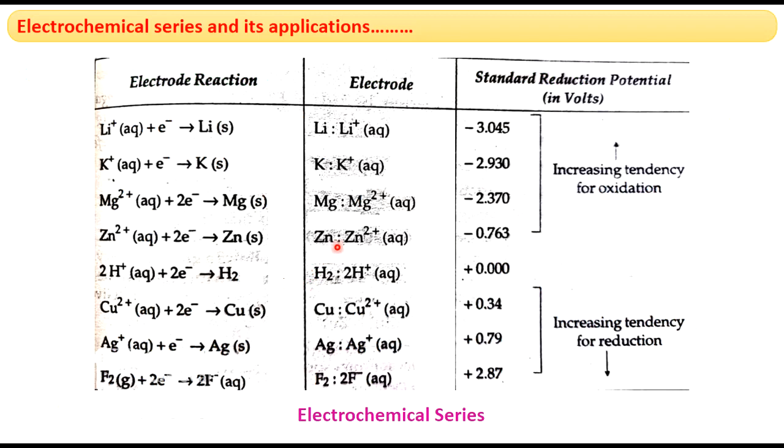In the electrochemical series, metals with negative reduction potential values, I mean metals which are above hydrogen, can easily liberate electrons, and with those electrons they can liberate hydrogen gas. This is opposite to the metals which are present below hydrogen in the electrochemical series. So metals which are above hydrogen in the electrochemical series liberate hydrogen gas with dilute acids, and the metals which are below hydrogen will not liberate hydrogen gas with dilute acids.